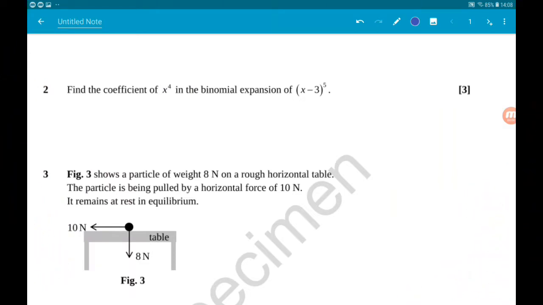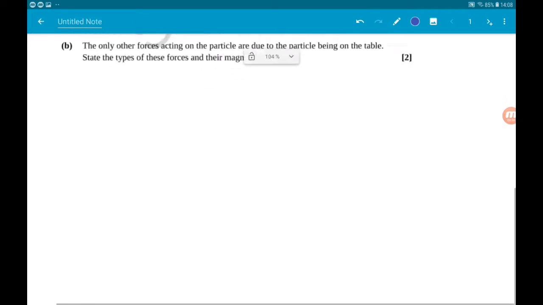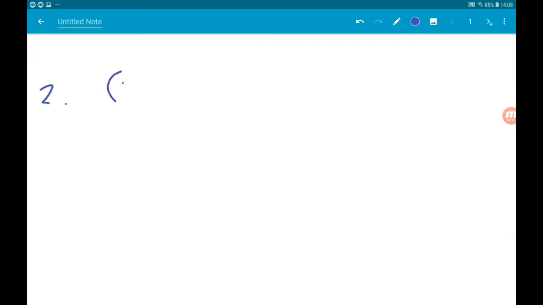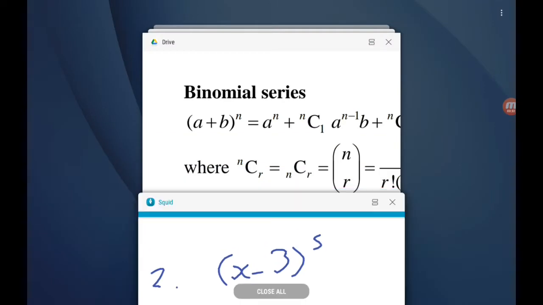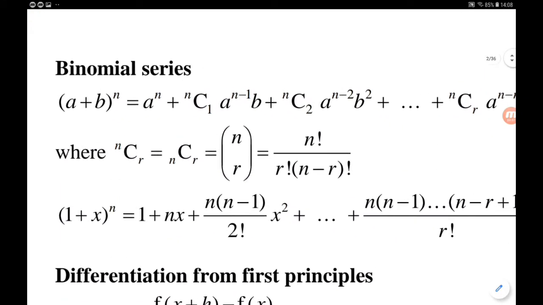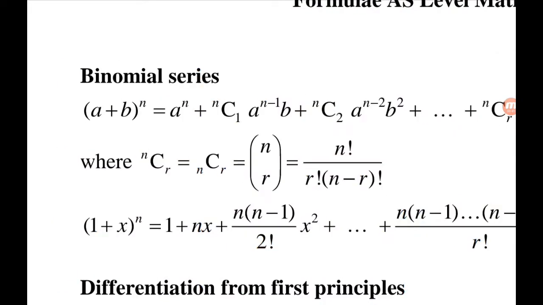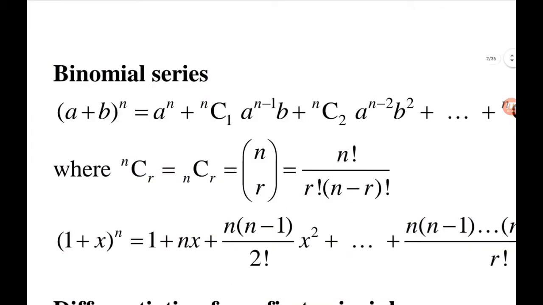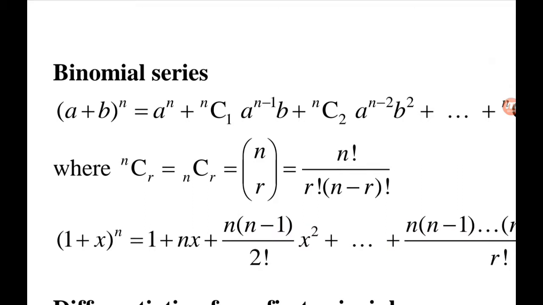Question 2 wants us to just find the coefficient of the x to the power 4 term of the binomial expansion of x minus 3 to the power 5. Okay, so you are given the formula for binomial expansion. So it's a plus b to the power of n is a to the power of n plus n choose 1 times a to the n minus 1 times b to the 1. Now that is actually as far as we need to go, because